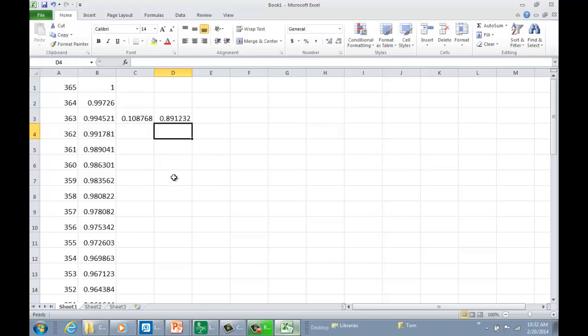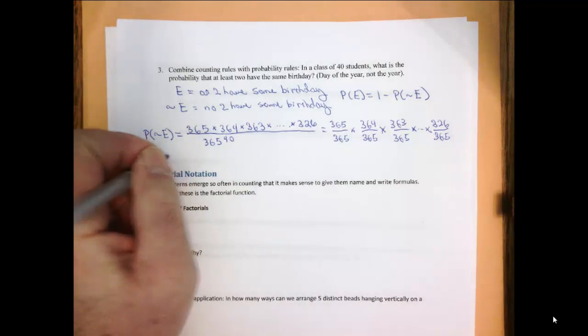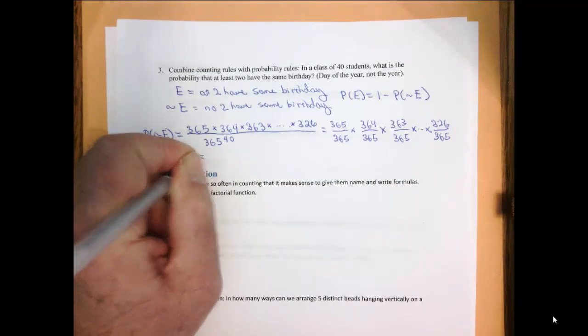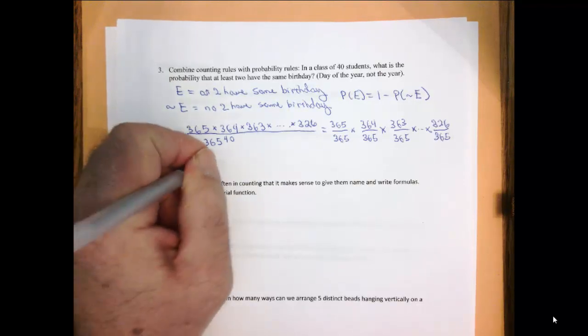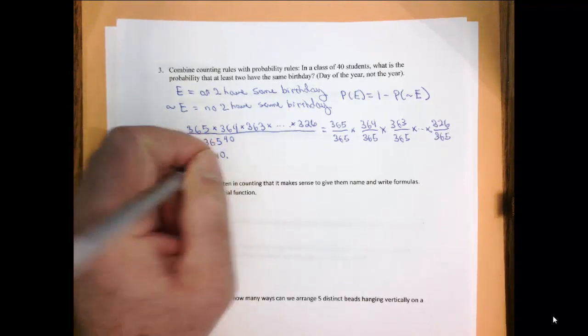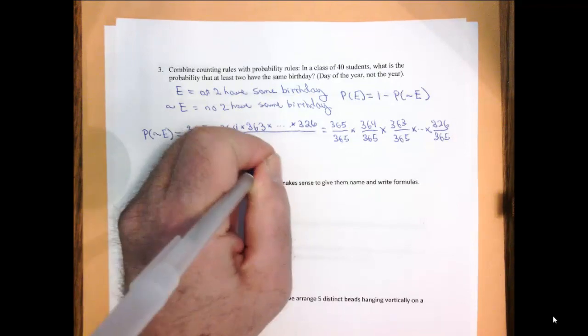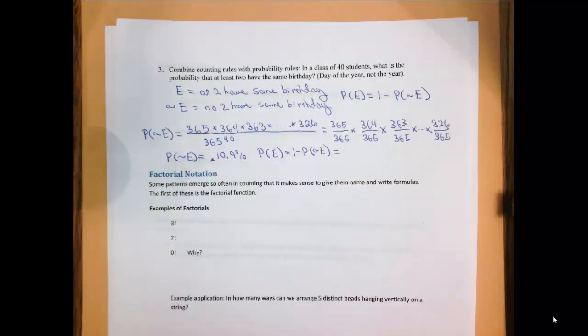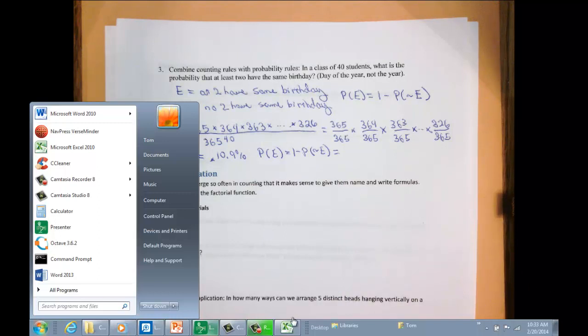Pressing enter shows me that about 89.1% is the probability that at least 2 students will have the same birthday. So the probability of the complement of E is approximately 10.9%, and the probability of E then is 1 minus the probability of its complement, and that number from our spreadsheet is about